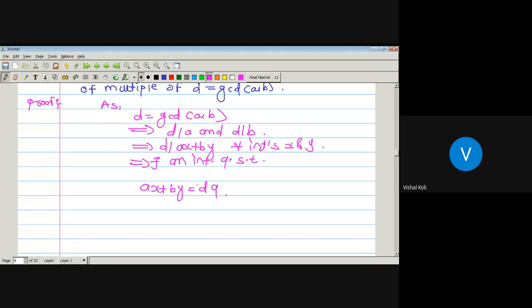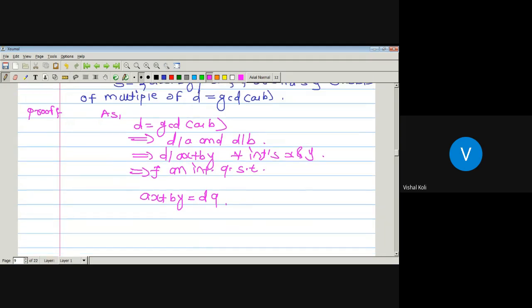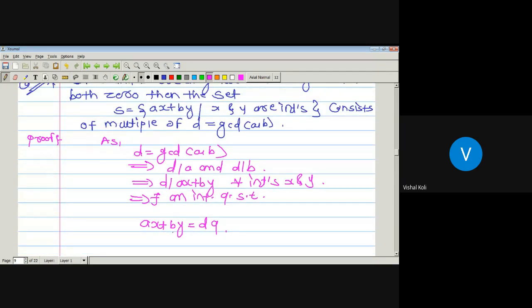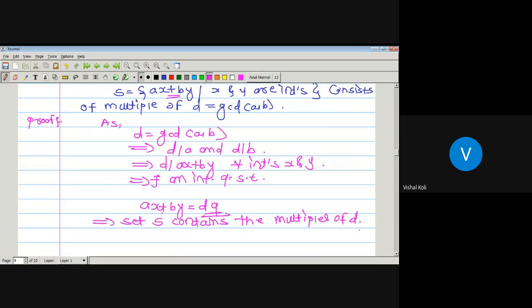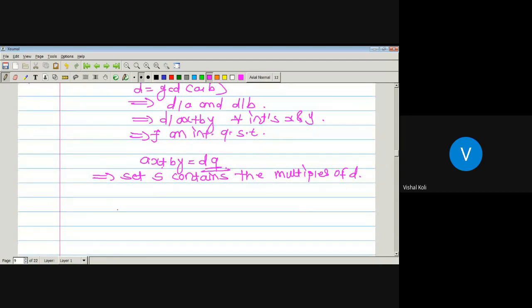Now we have to prove that S contains the multiples of d. But ax plus by, whatever the integers x and y are, is a member of set S, which implies set S contains, as each ax plus by is a multiple of d and each ax plus by belongs to S, it means set S contains the multiples of d. That is, if d is equal to